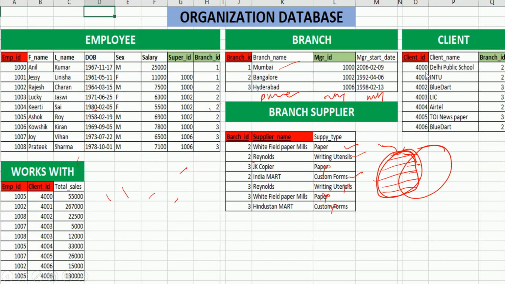For client ID 4000, 4006, this is also there. All are there which are matching with this, and works with 1005, 2, 8, 7, 8, 5, and